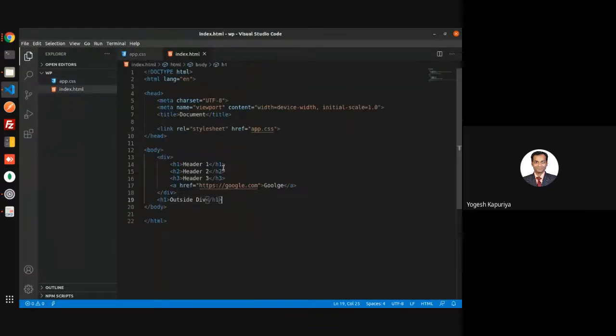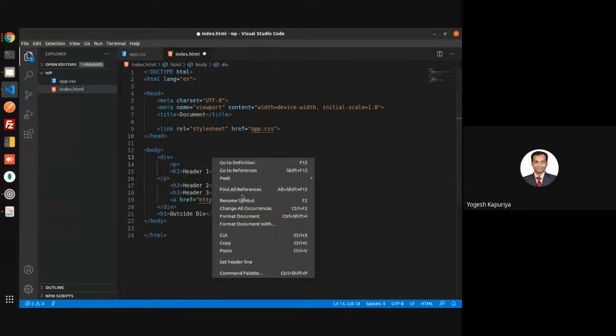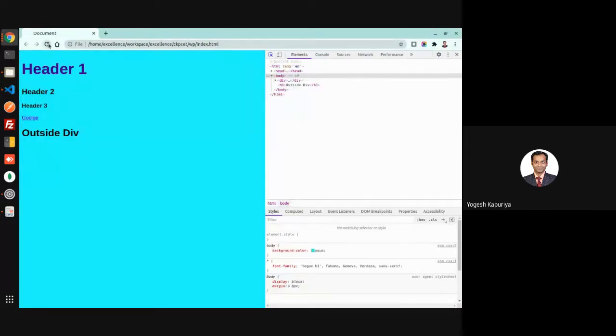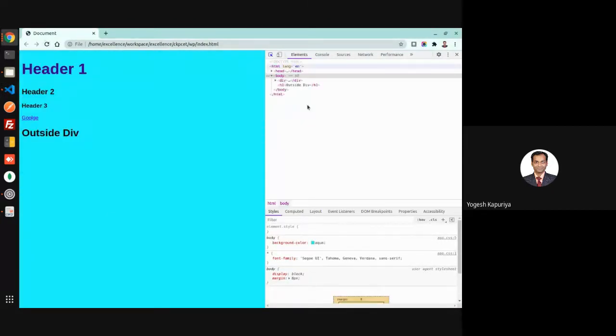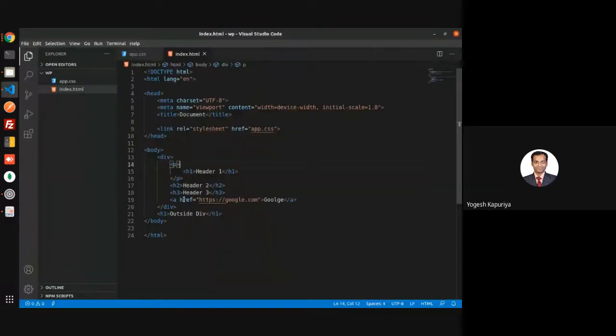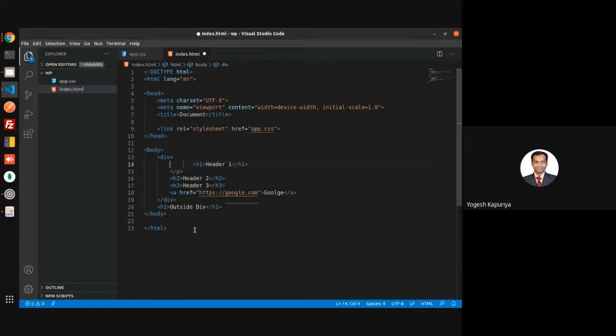Now let us change it. I'm putting my header inside another p tag. Actually, a header cannot be contained within a paragraph, so I don't think this is the right way. Remember, there are some rules. A header cannot be contained within the p.